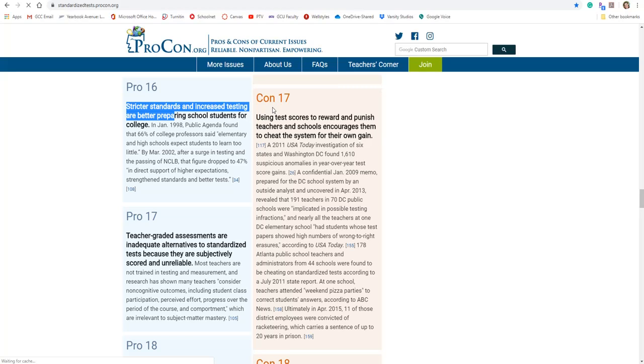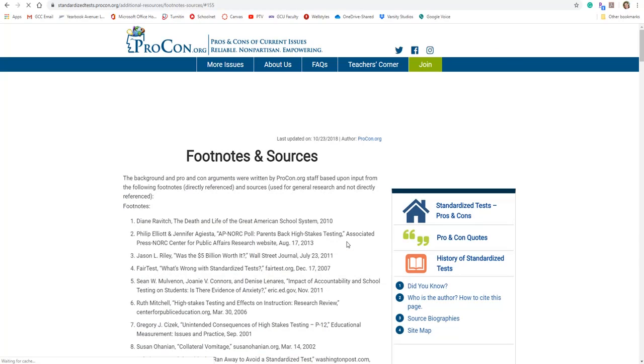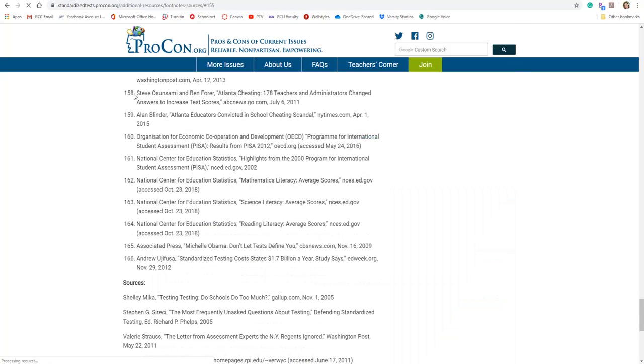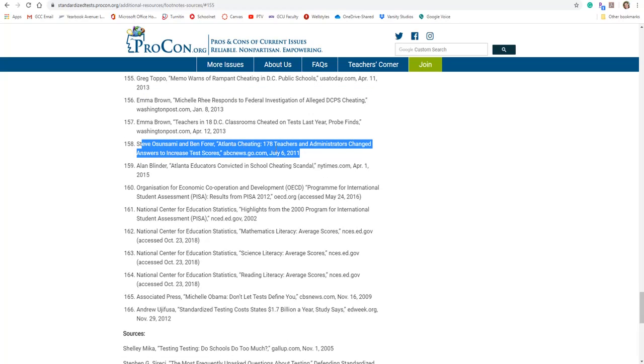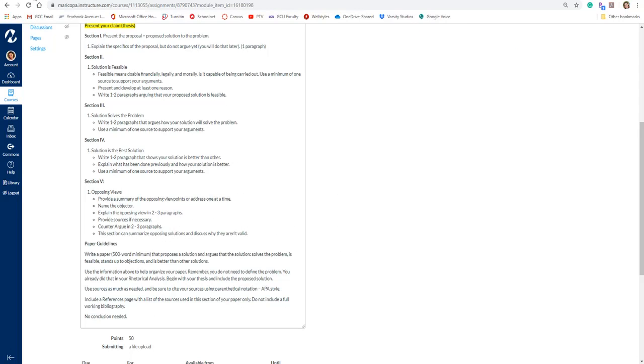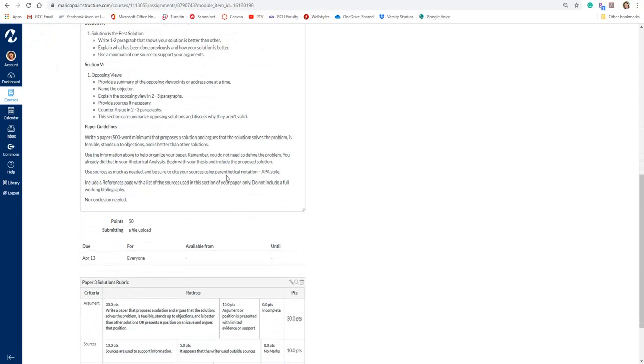These are just the most common arguments, but make sure that any of the evidence that you use, okay, this footnoted evidence, if you click on it, it's going to take you to another window. Make sure that you actually cite this stuff correctly. See, it takes you to the sources themselves, and then you can go and find those sources and determine whether or not they're valid for the argument and the paper that you are writing.